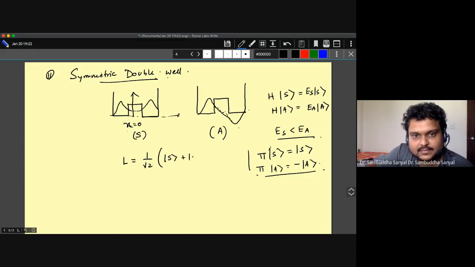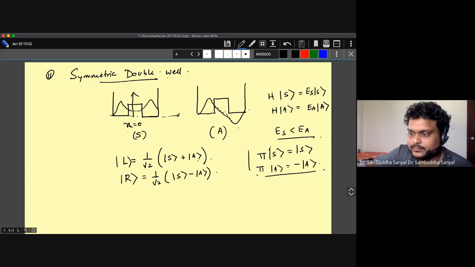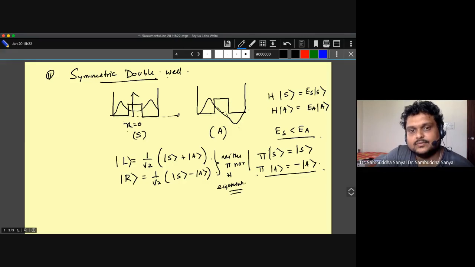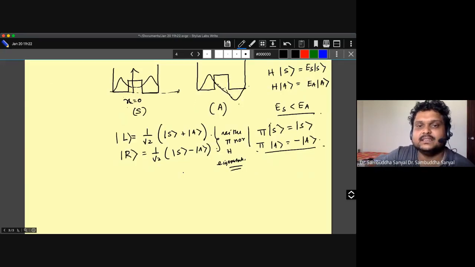So S plus A, so this is neither parity nor Hamiltonian eigenstates. These are two states which I just constructed for some exercise purpose, but you'll see they have some interesting character. So we have seen that if I start with a state which is not an energy eigenstate, at least not an energy eigenstate,